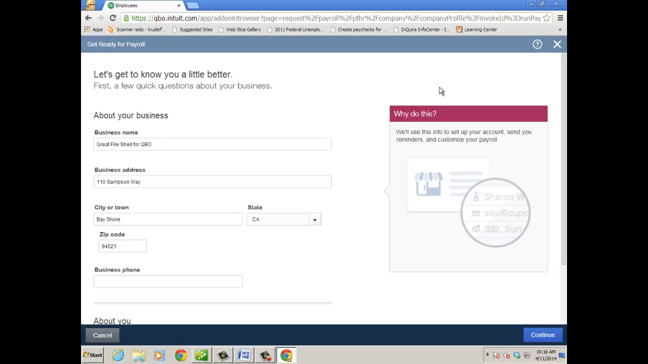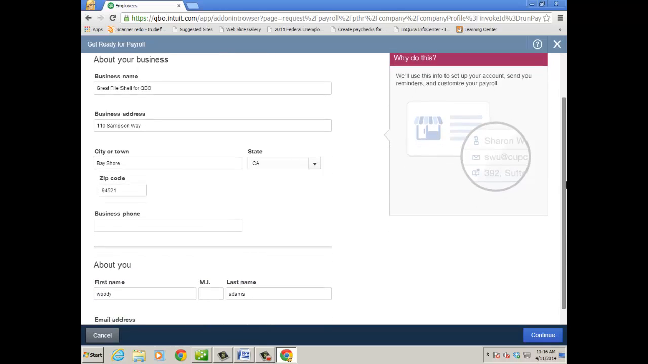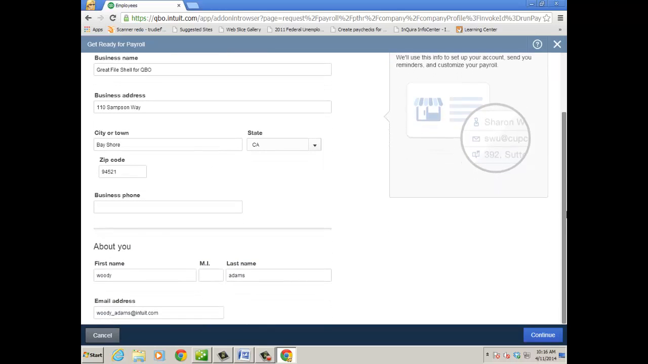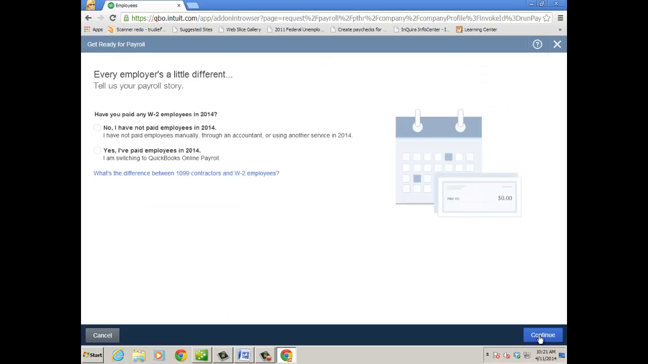So the get ready for payroll screen pops up. You have your business name, which came over from the desktop, business address, city, state. I didn't have to put any of this in. And obviously this is from the subscription sign up, and I go ahead and click continue. All right, so once you verify your address there, zip code, and even county if you need to,